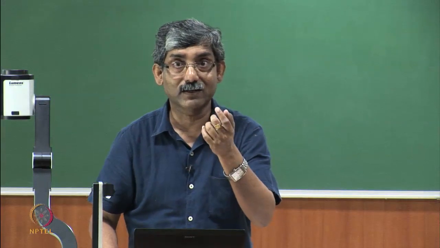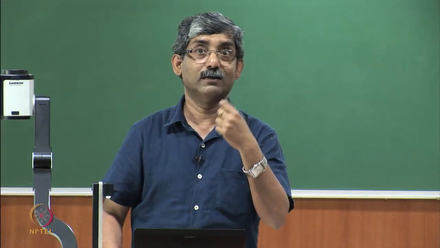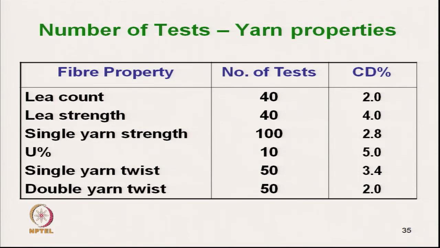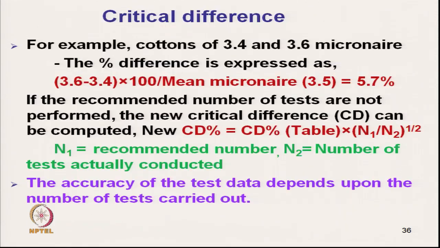I am going back to the slide again. So, this 4% span length variation is due to the natural variation, that has to be there. We cannot go beyond that. It is based on experience, and it is based on statistics. So, 3.4 is there, and another test is giving a 3.6 value. Now, we have to take a decision whether this difference is statistically significant or not.